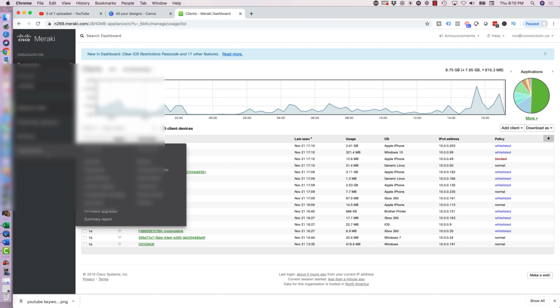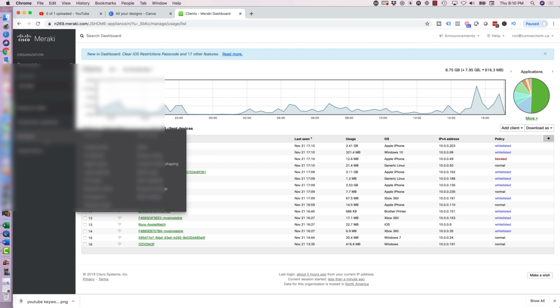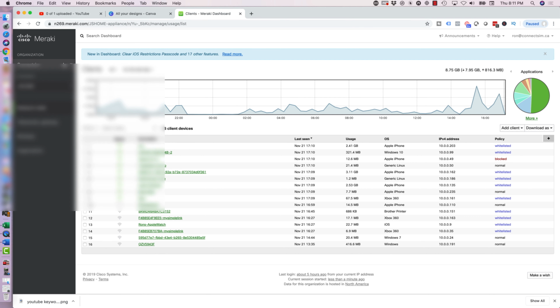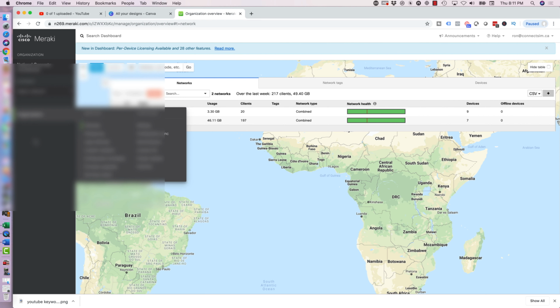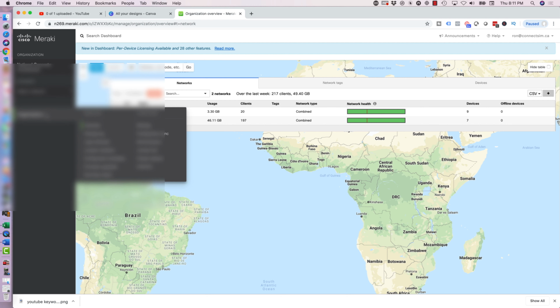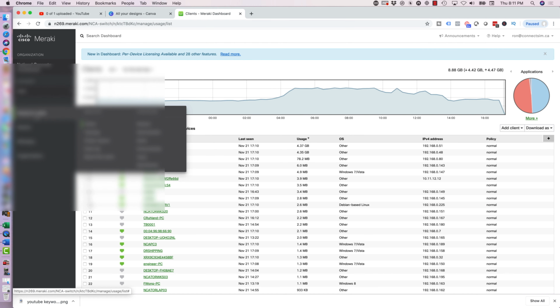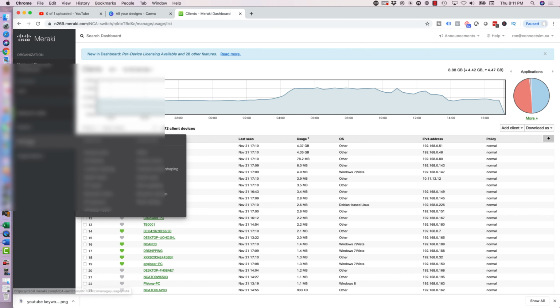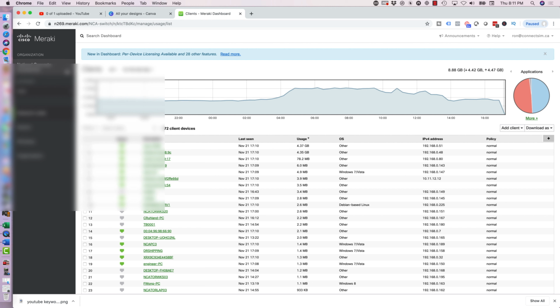And then over here underneath wireless, so when you've purchased an MR series access point, you will have this option, wireless. If you only purchased a teleworker gateway or an MX, you'll see security appliance. If you purchased an MS switch, then let me just go to one of my other clients here. So if you purchased an MS switch, let's go here, you'll actually see switch over here. So you'll see switch, wireless, and then if they had an MX security appliance, you'll see security appliance. So let me just go back to